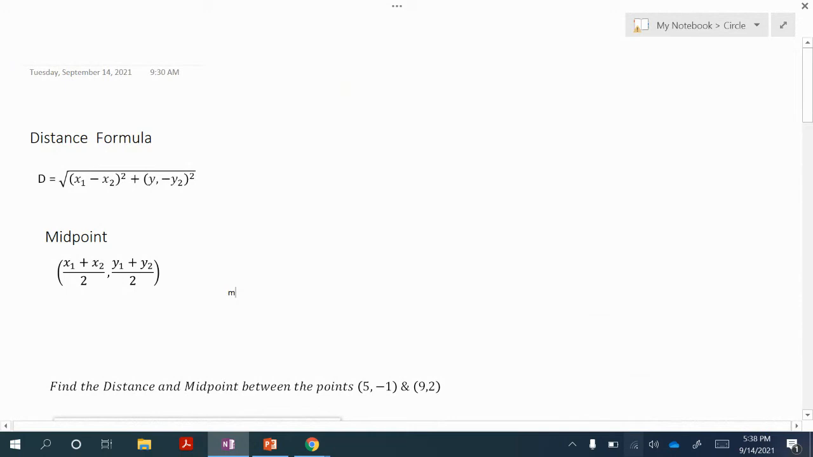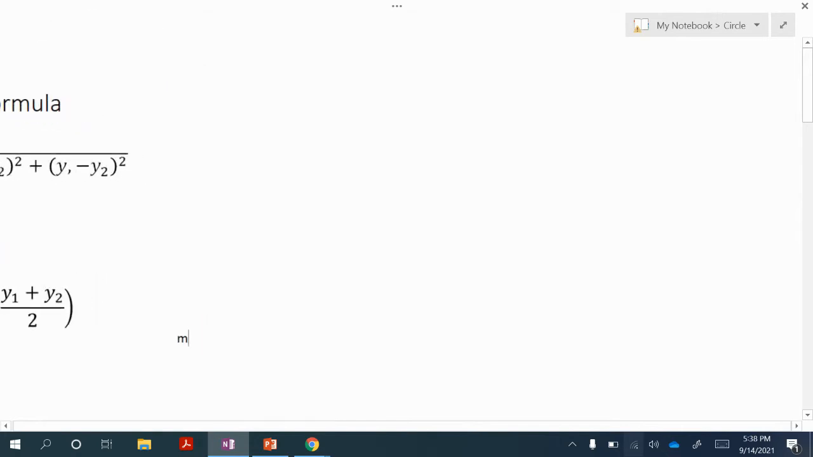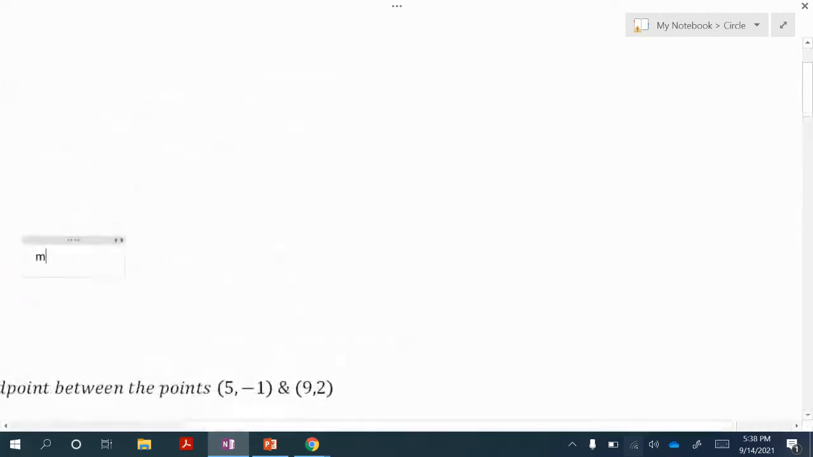In this session, we'll take a look at the distance formula, we'll take a look at the midpoint formula, and we'll also take a look at a circle. First off, we'll talk about the distance formula. And the distance formula is given as